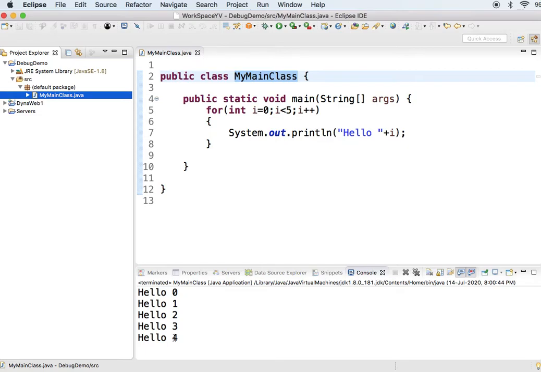Okay, let us see how to debug in Eclipse. Before going to the debug, what is the requirement of debugging? That is the main thing. This is a very simple project I have created, but you may have the requirement to create a very huge project which has thousands of classes, thousands of packages, different interfaces, a lot of things. So when you run the project, you may have some exceptions.